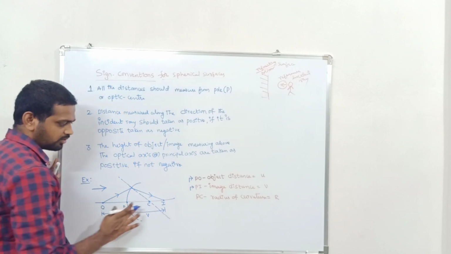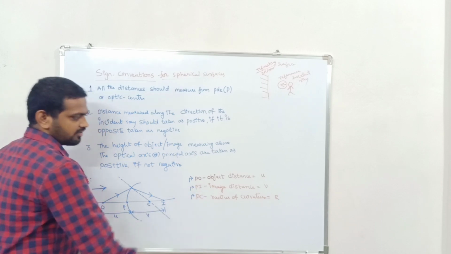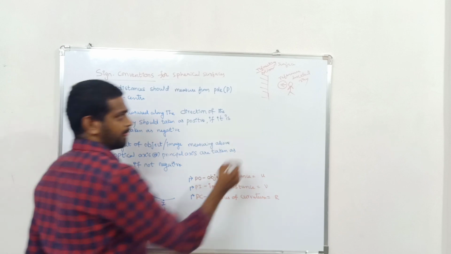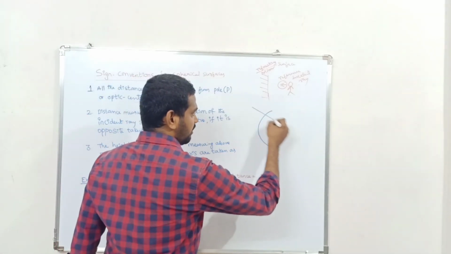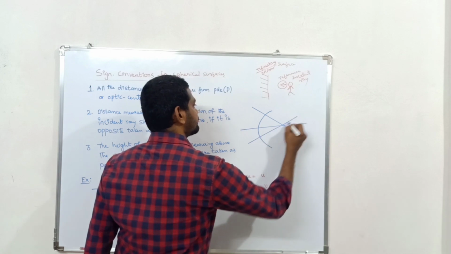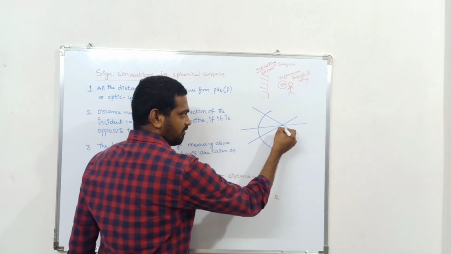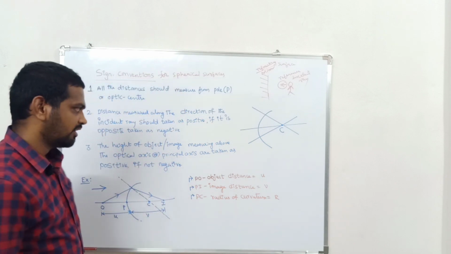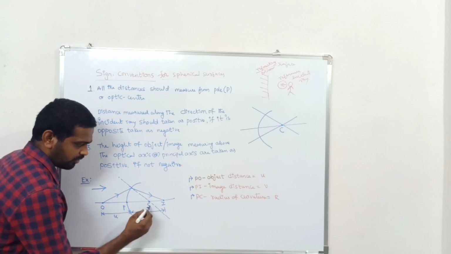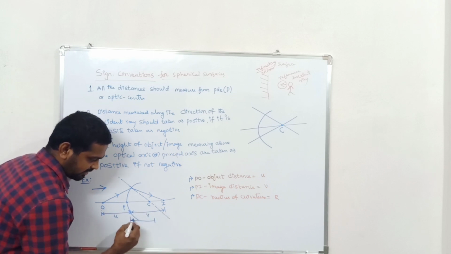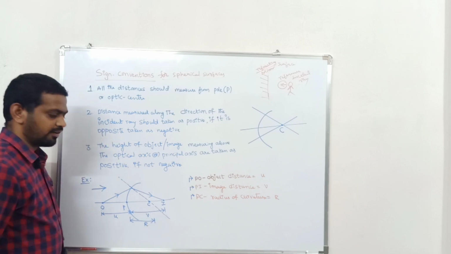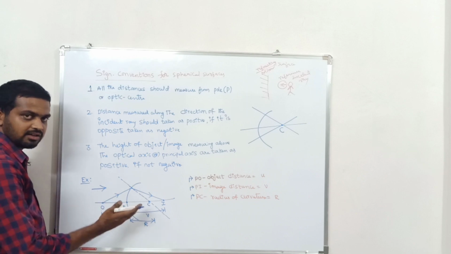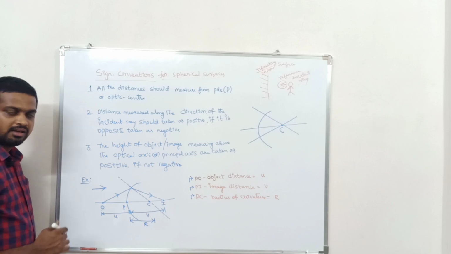The distance from pole to center is the radius of curvature. Why have I taken the radius of curvature as pole to center? If you draw all the normals, they will converge at the optic center or diverge from the optic center. That's why I consider the distance between the pole and the center of curvature as the radius of curvature. And this is the direction of the incident ray, because from the object towards the refracting or reflecting surface, you should take the reference incident ray.